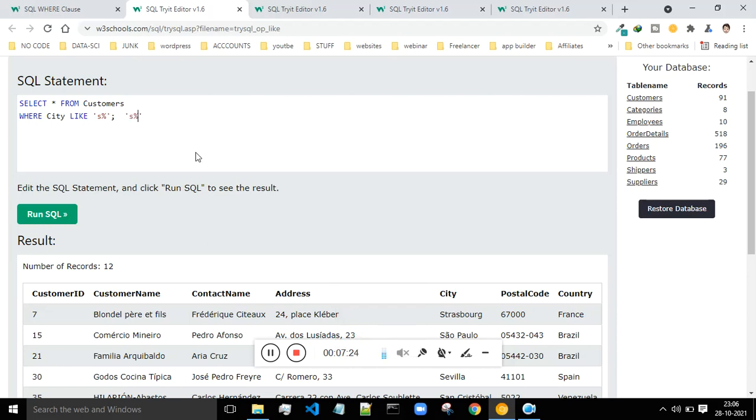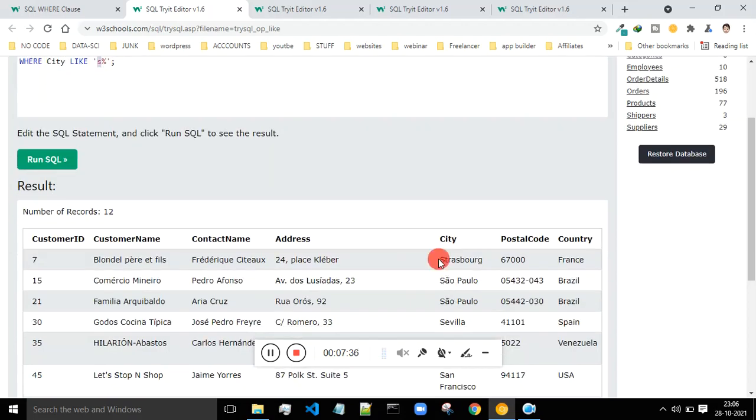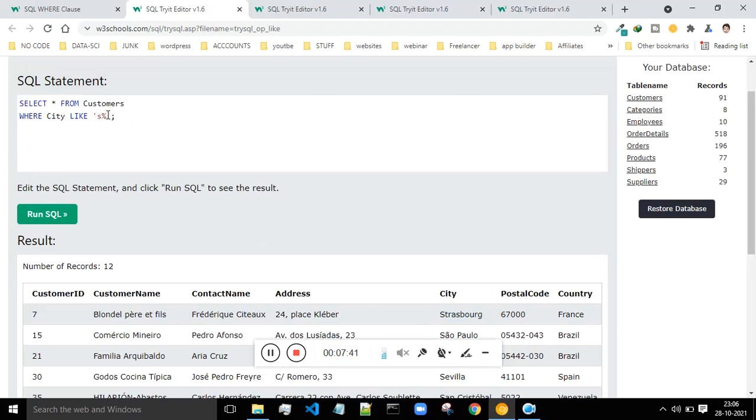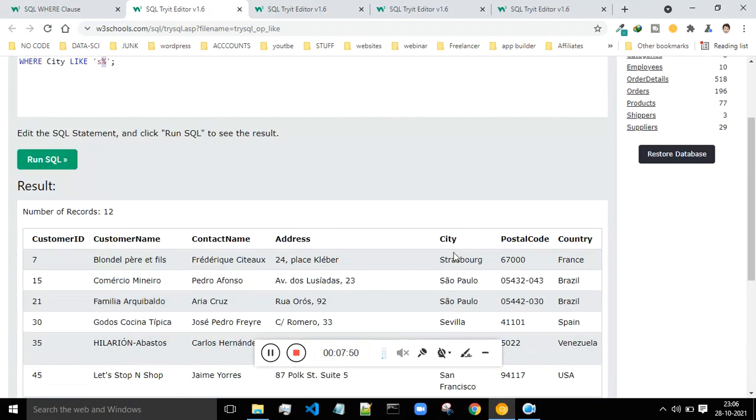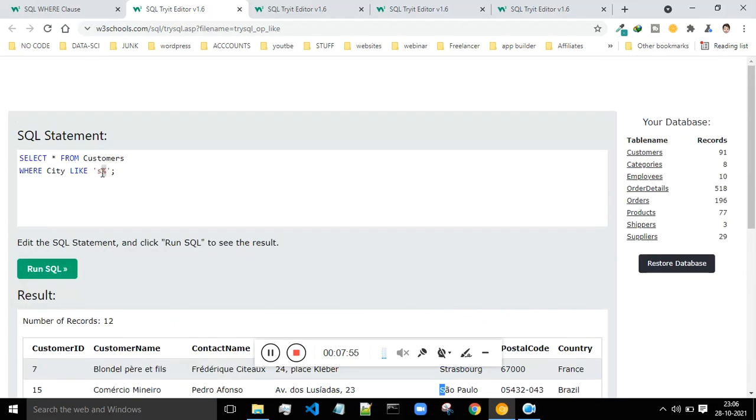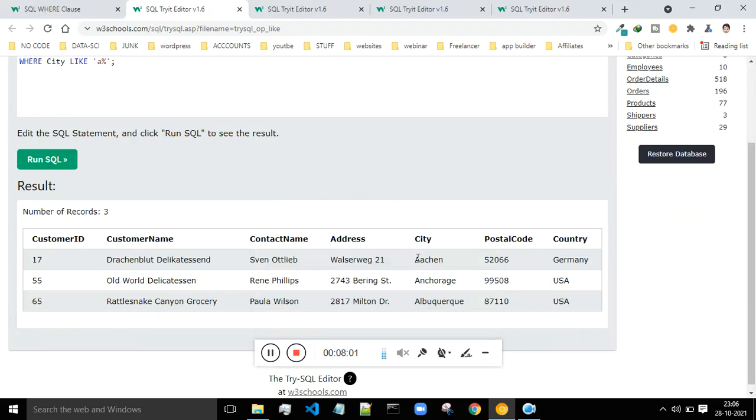What this stands for is that it will select everything from the customers table where the city's name starts with S, and after that there could be almost anything. This percentage stands for anything. It will fetch all the data where the cities start with S. You can change this to something else also. Like if I choose A, then it will show all the records where the city name starts with A.